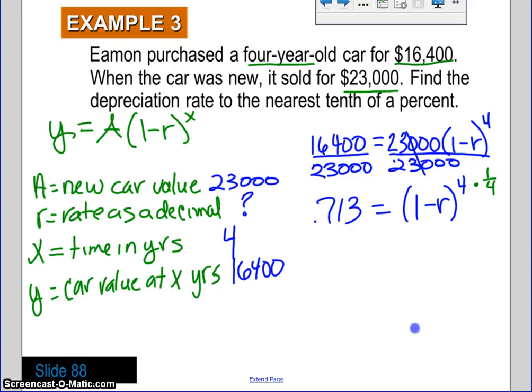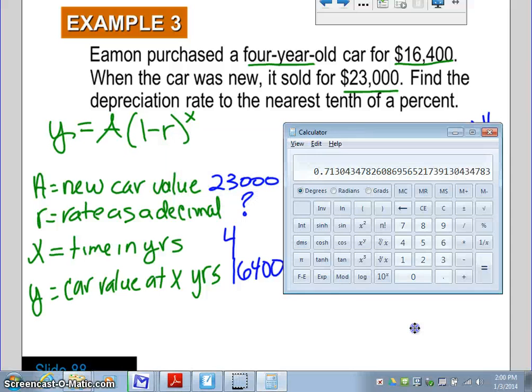But again, remember, if I do something to one side, I have to do it to the other. So I'm going to raise 0.713 to the 1/4 power. Let's see how we do on the calculator. So I get 0.713 to the open parenthesis 1 divided by 4 power, and I get